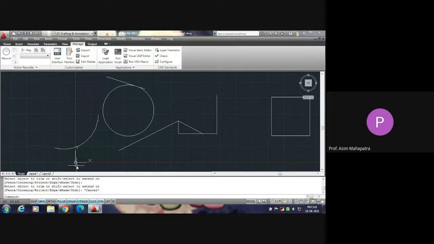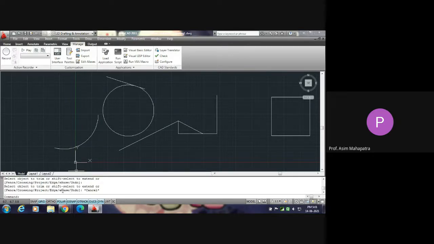Suppose I have reached somewhere here. I will discuss the trimming operation later on, but for the time being, you see, for the erase command, E is small, capital R, then ASE. Can you see it?